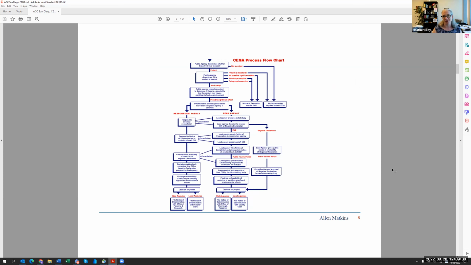So here's the CEQA process flowchart. It's not straightforward. It doesn't make sense. It's super hard. For years and years and years, there's always been talk about reforming CEQA. At this point, I just don't see how that's ever going to happen at the state level, because everything is so entrenched and so argumentative about this process. And it has become really difficult as a result of all of the arguing back and forth. But if you sit and study this, you can determine your path forward. It just feels very up and down, back and forth, 2 steps forward, 6 steps back.